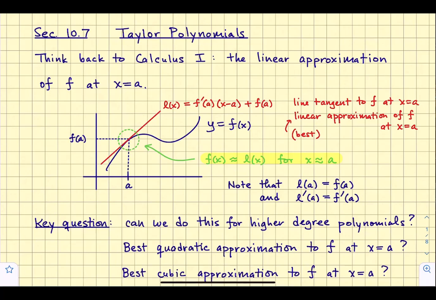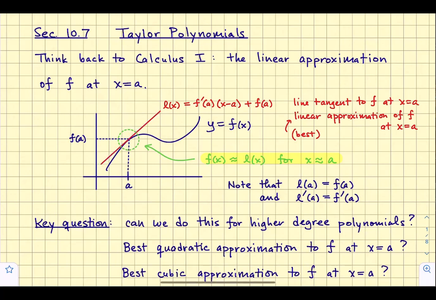And so you can calculate the equation of that tangent line, also called the linear approximation of f at x equals a. And the formula for that was L of x, L for linear approximation. L of x is f prime of a times x minus a plus f of a. And so the graph here shows that the tangent line is tangent to the function y equals f of x at x equals a. In other words, it passes through the same point as f at a. It passes through the point a comma f of a,